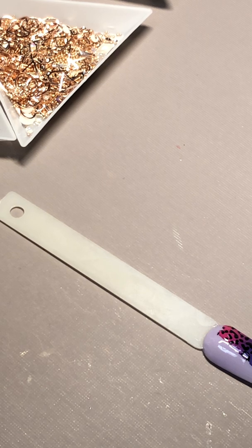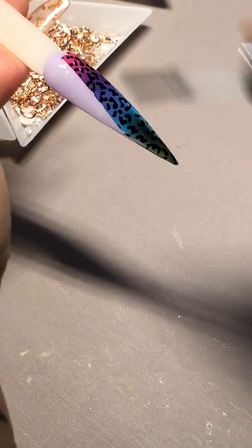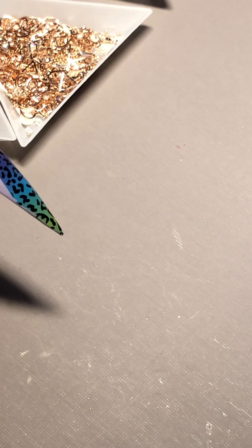All right, so I am going to place a no wipe top coat right on the top. Just floating techniques. And this one, if you want, you can do crystals on this one, or you can do